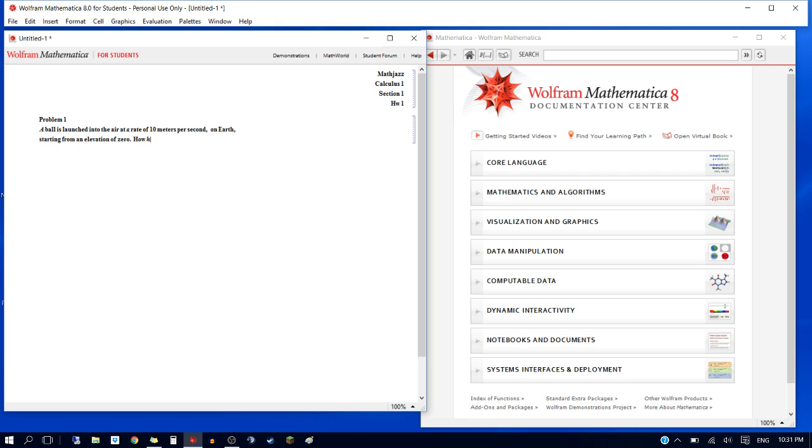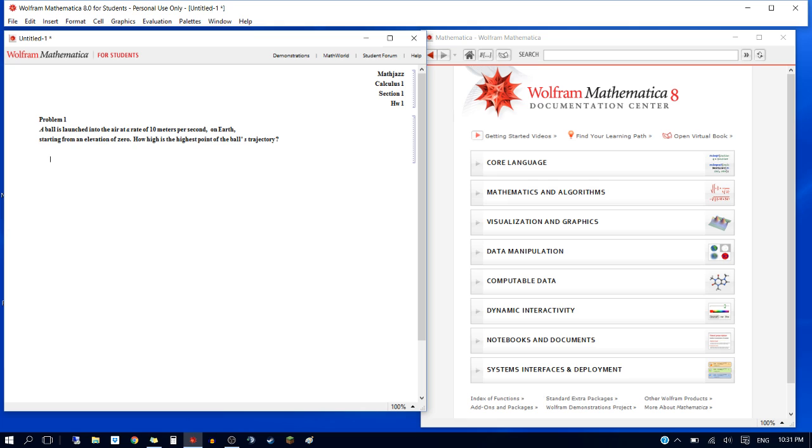How high is the highest point of the ball's trajectory? Okay, so from here, my solution can be